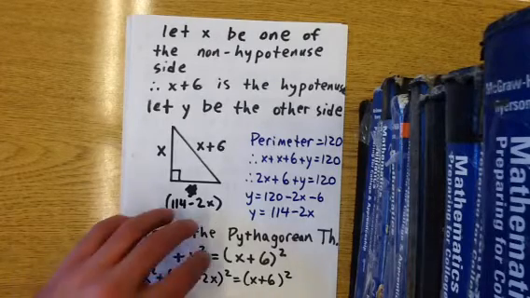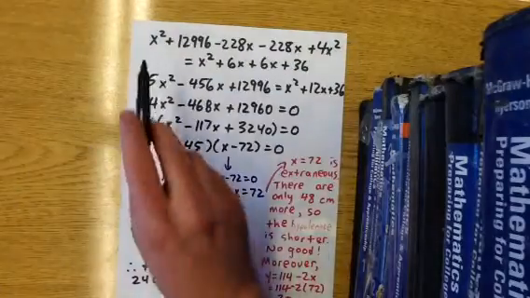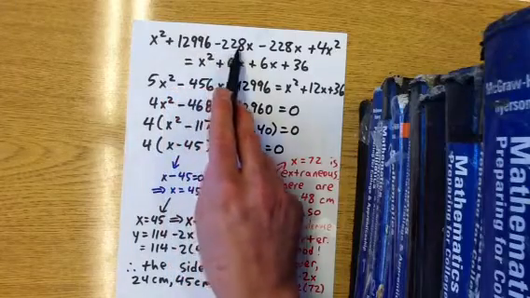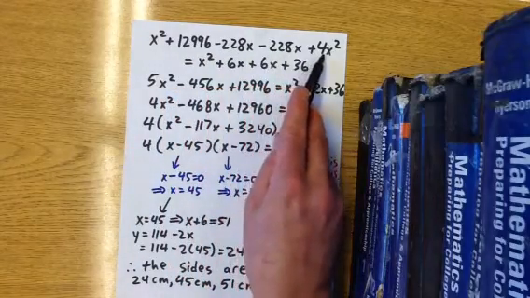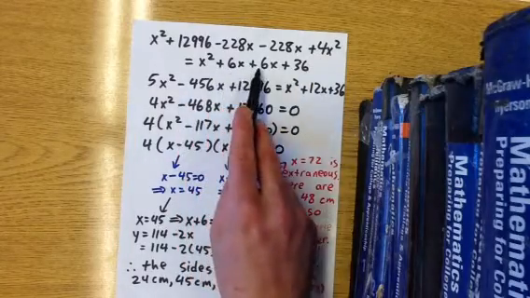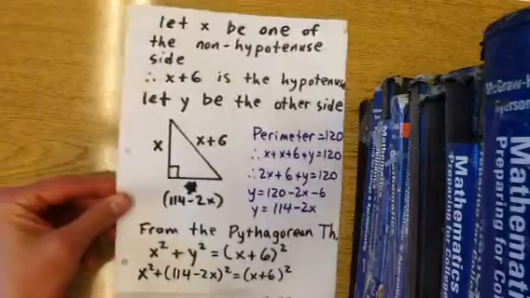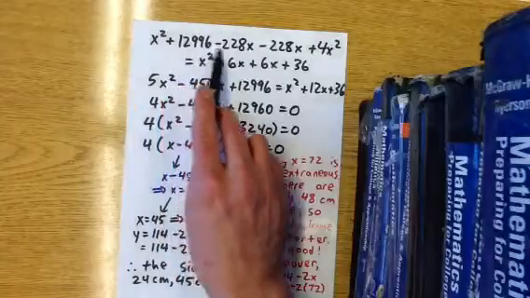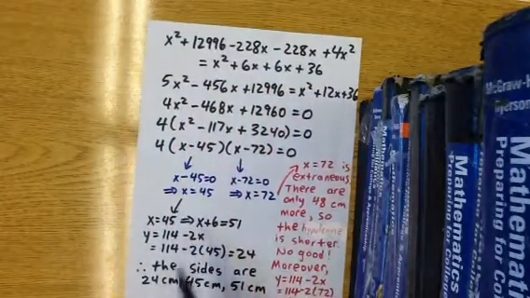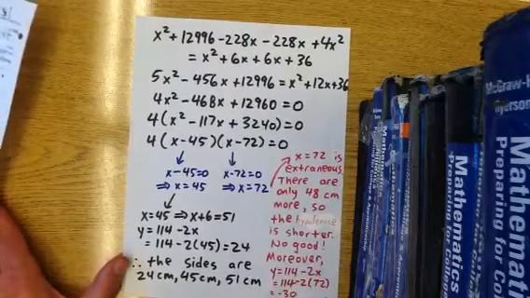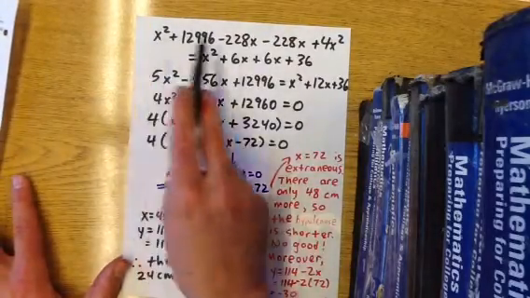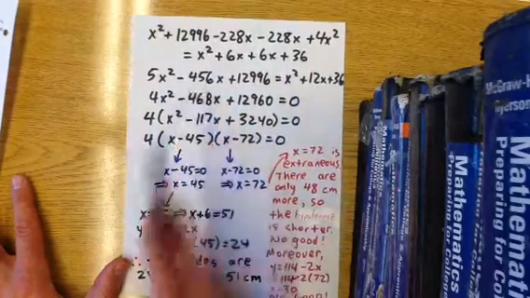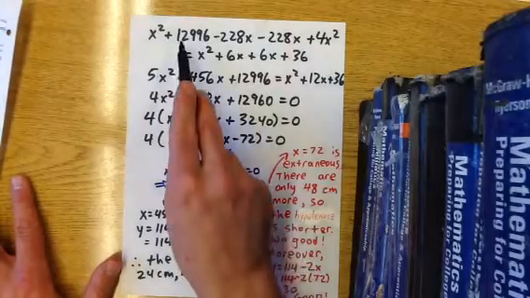This will take a little bit of work, but what we get when we do it is x squared plus 12,996 minus 228x minus 228x plus 4x squared equaling x squared plus 6x plus 6x plus 36. See, when we expand this 114 minus 2x times 114 minus 2x, we get this long expression here. Well, what we want to do now is simplify the left side and the right side. On the left-hand side, x squared plus 4x squared is 5x squared. Negative 228x minus 228x is negative 456x. And we still have positive